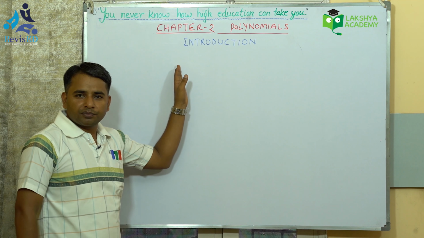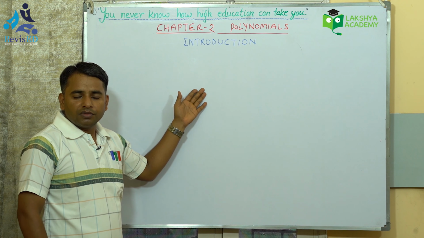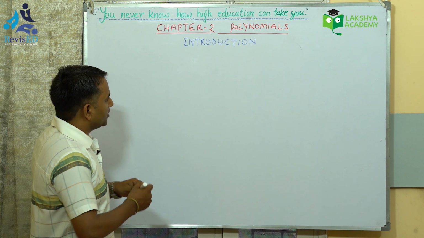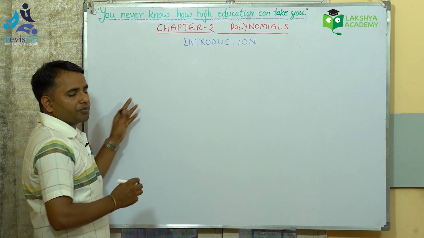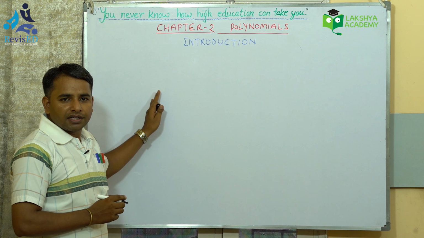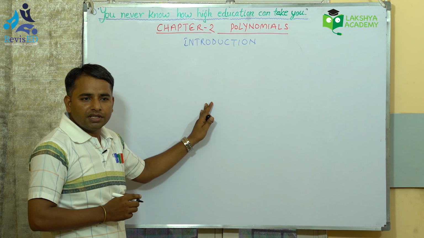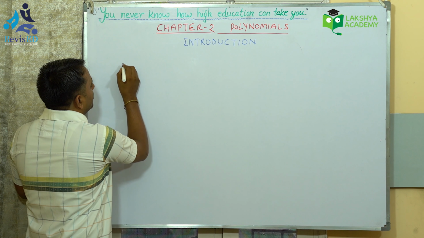पॉलिनोमियल्स के पहले हम इंट्रोडक्शन पे आते हैं। इंट्रोडक्शन आपने प्रीवियस क्लास में भी पढ़ा होगा, जूनियर क्लासेस में जो हमने अलजेब्रा वाला चैप्टर्स पढ़े हुए थे उसके बारे में। अभी देखो पॉलिनोमियल्स के लिए इंट्रोडक्शन में पॉलिनोमियल्स दो टाइप से डिवाइड करते हैं। ऑन द बेसिस ऑफ द नंबर ऑफ द टर्म्स कि एक पॉलिनोमियल में कितने टर्म्स हुए, और दूसरा उसकी डिग्री के बेसिस पे। तो टर्म के बेसिस पे जैसे हमने पढ़ा हुआ था